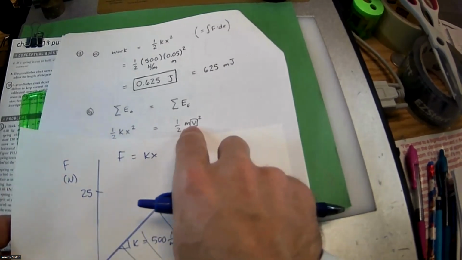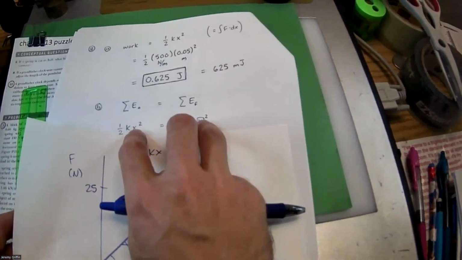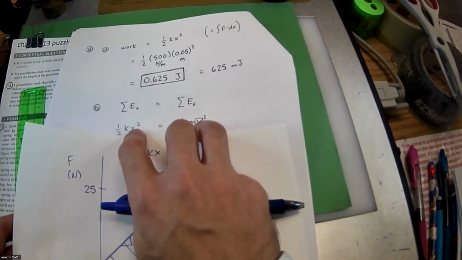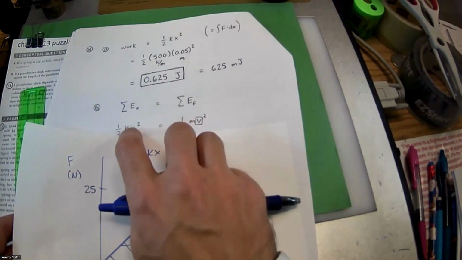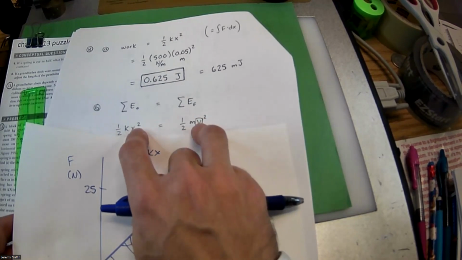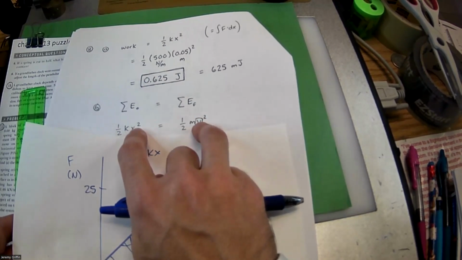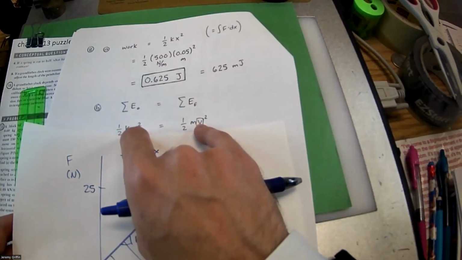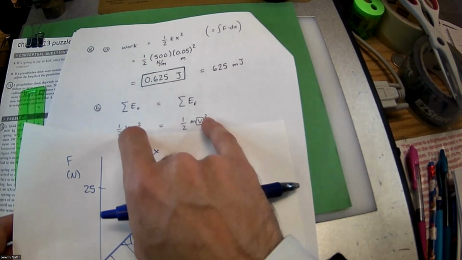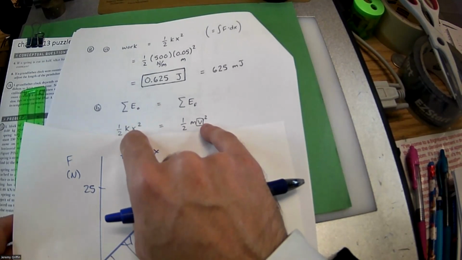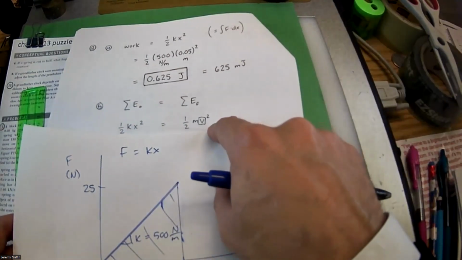Hey, how about this? Here could be a good proportional type question from AP. They said you pull it back like 5 centimeters. What if instead you pull it 15 centimeters? That's 3 times the stretch distance. What's going to happen to the maximum speed as it goes through the equilibrium point? If it's 3 times the stretch amount, the maximum speed is also 3 times, because they're both squared. So factor 3 squared. If you pull it back 3 times, it's also 3 times the speed.